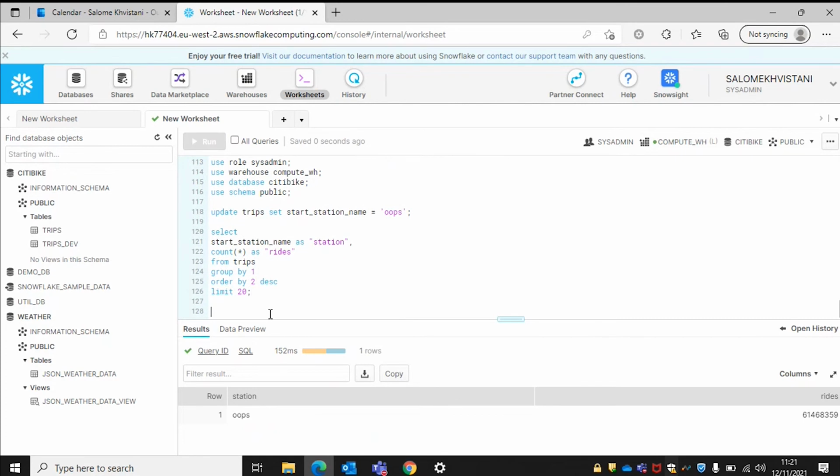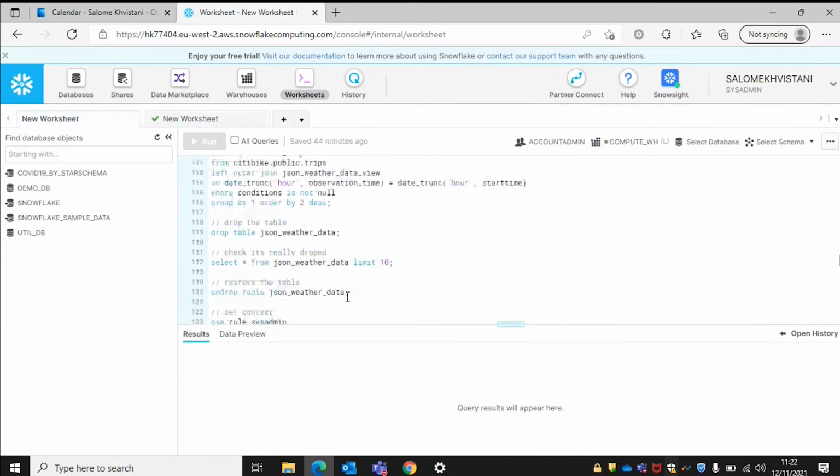Now, let's imagine that we need to scramble up normally, right? So we would have to go back and hope that we have a backup, so we can just go back and forget this ever happened. But in Snowflake, we can do the following thing. So we can go to